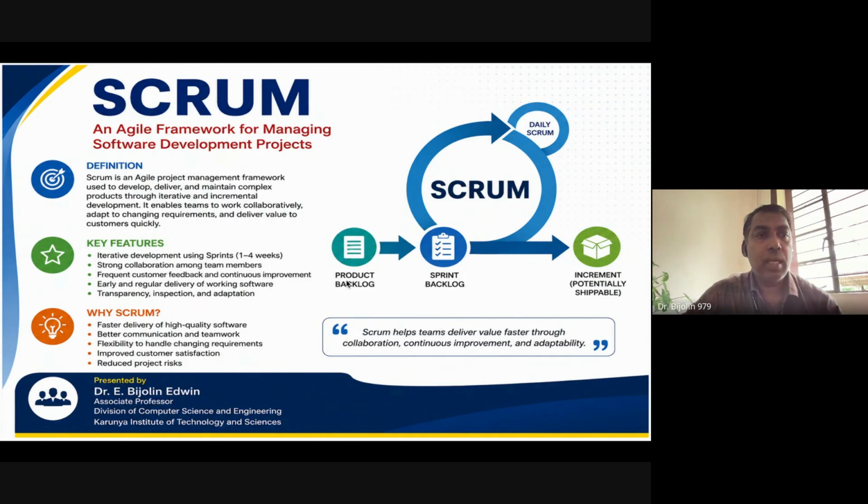Scrum is an Agile project management framework that is used to develop, deliver, and maintain complex products through iterative and incremental development. It also enables every team to work collaboratively. That is the main focus of Scrum. The main key features are